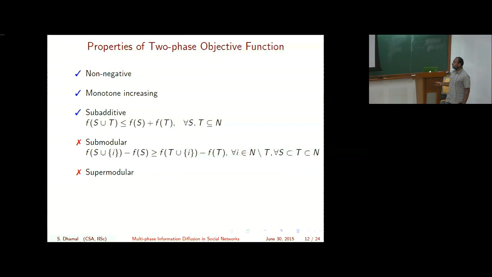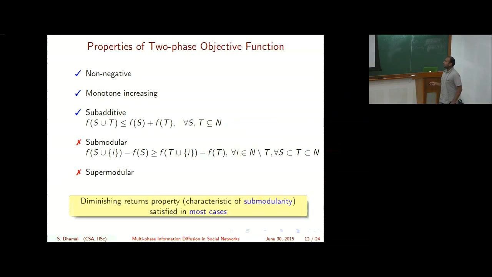Submodular means that if you consider two sets S and T, then the contribution that a node I is going to make to the set S is at least as much as it's going to make to the set T. So it's like you have a group and a larger group. If you enter the smaller group, you are going to make more contribution. That's what it intuitively means. So it's neither submodular nor supermodular: this particular inequality is violated for at least one set of S and T.